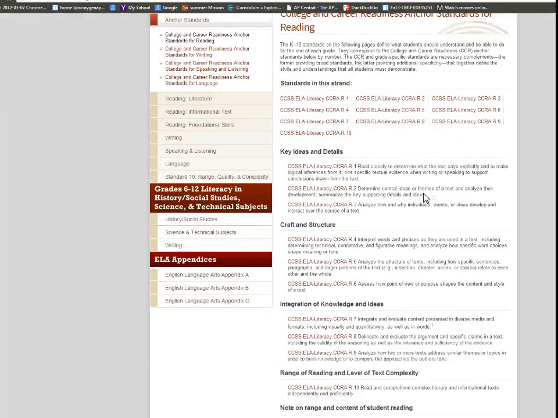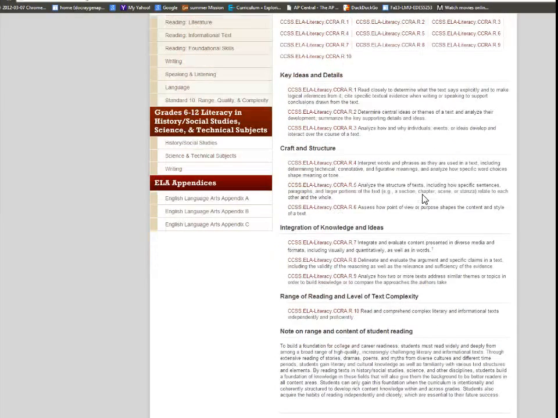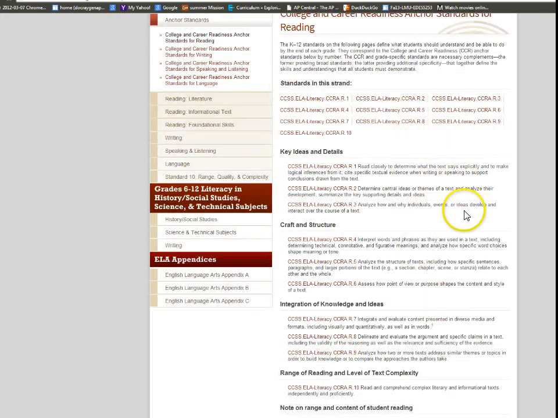And if you look at this right-hand side, you will see that there are 4 main components, or 4 main divisions: key ideas and details, craft and structure, integration of knowledge and ideas, and range of reading and level of text complexity. So if we look at the Anchor standards here,